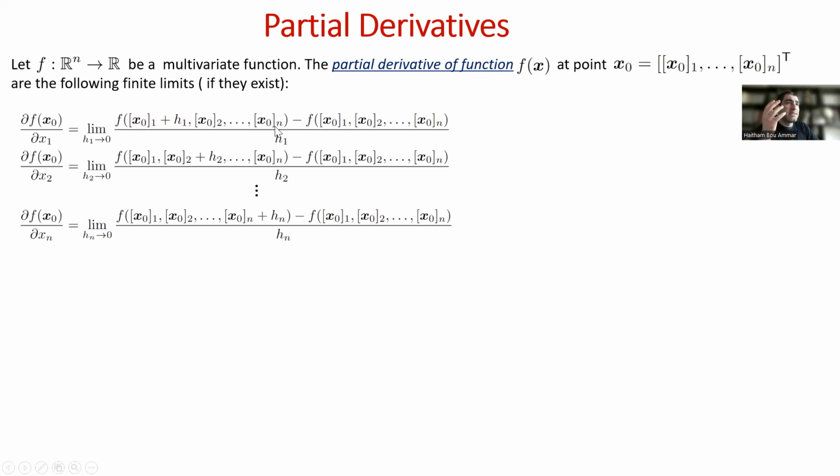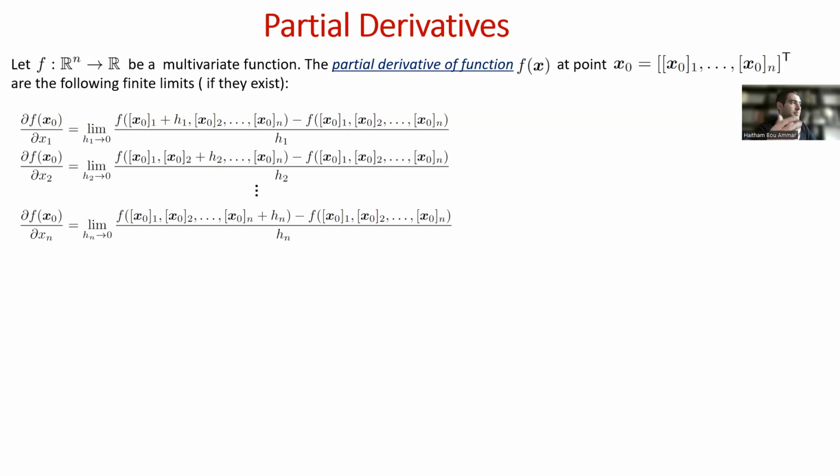You can see that this is very similar to the univariate case, apart from the fact that now we have to deal with the fact that we have other components as well. And the way we deal with that, we just freeze them. We say, okay, when we compute the partial derivative with respect to the first component, we will freeze all other components to the values of the point at which we want to compute the partial derivative. And only in this case, our function will be just a univariate function of the first component. And then we can apply this already familiar notion of the limit